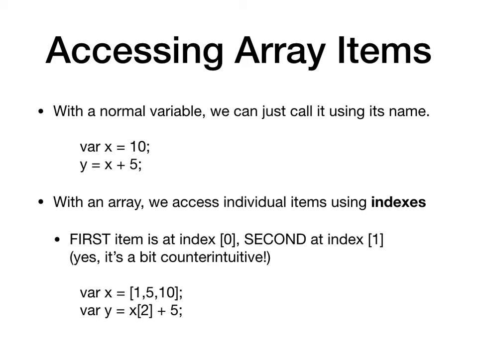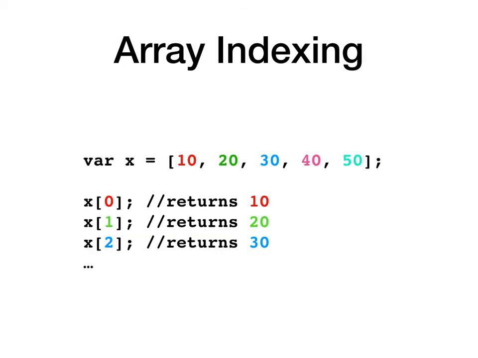X sub 2 holds 10, and then we add 5 to that. So Y still is 15 at the end of the day. So let's look at a more coded example. Remember, you're working with, so here's X equals 10, 20, 30, 40, 50. If I just call X,